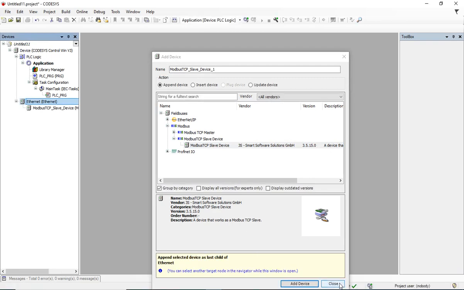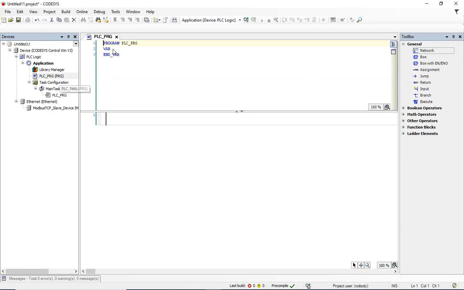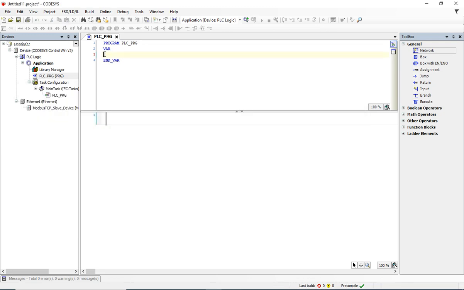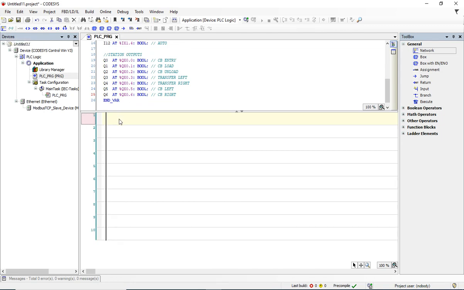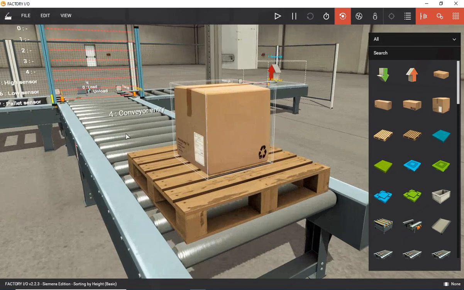And after you're done with that, let's go to the program. Under the VAR, select enter and copy and paste your program. Copy and paste your variables. Okay, once you are done, load the number of lines there to any desired number, and let's start writing a small program that will take this box to